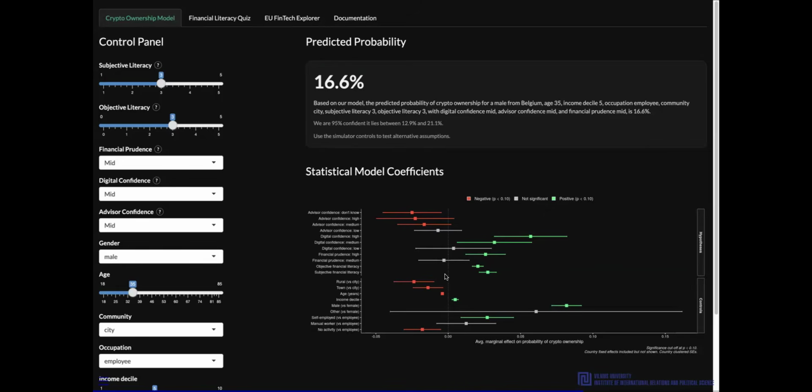Now, what if we want to go a little bit deeper and allow the users to ask more precise questions? For example, what is the change in any person's predicted probability when, instead of their financial literacy score, which we also give a little option of here,